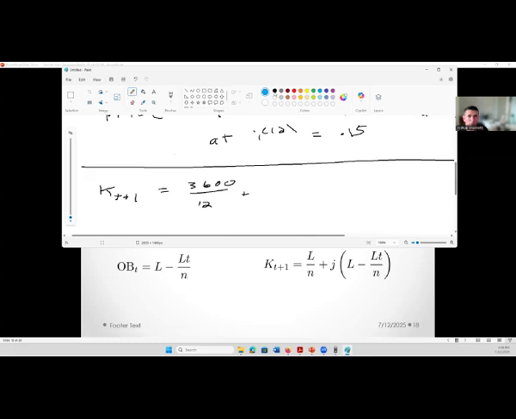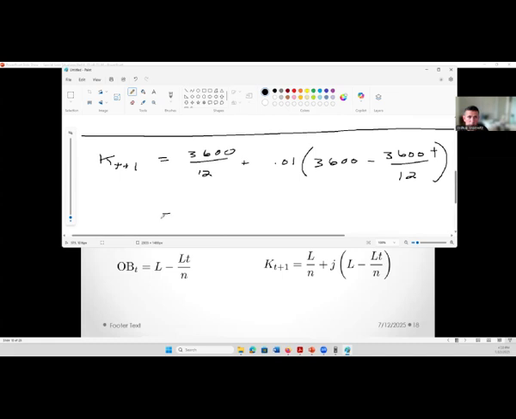So my monthly interest rate is 0.01. 3,600 minus 3,600 t over 12. And I will let you simplify this to get 336